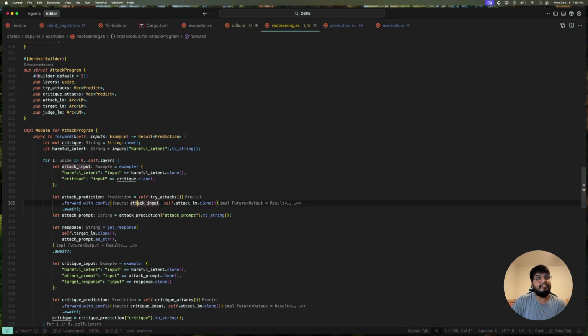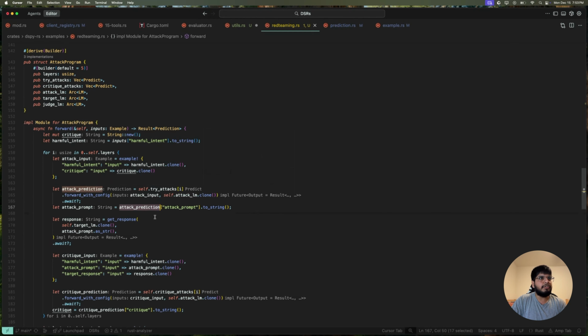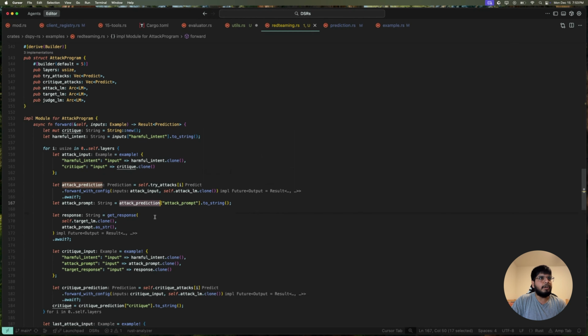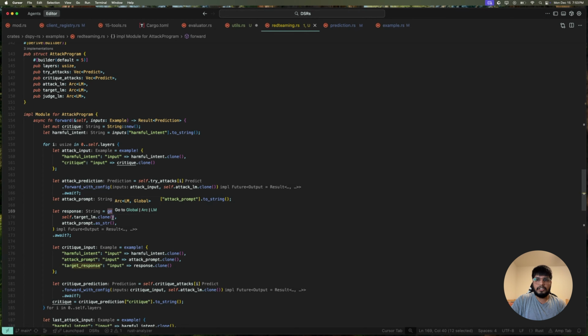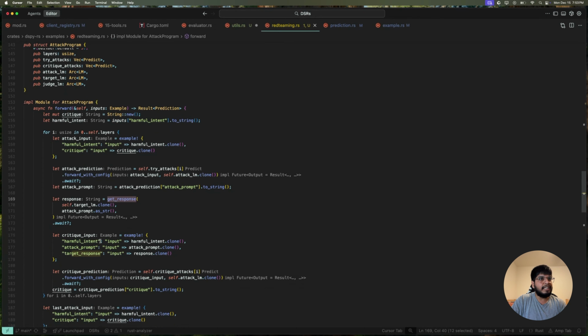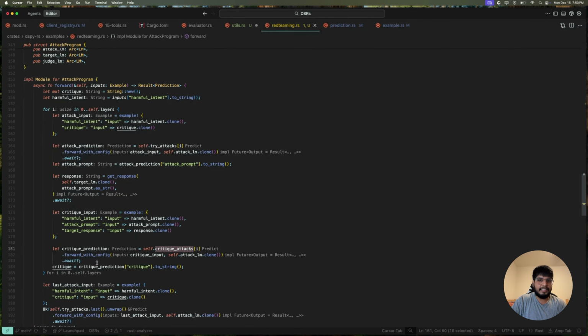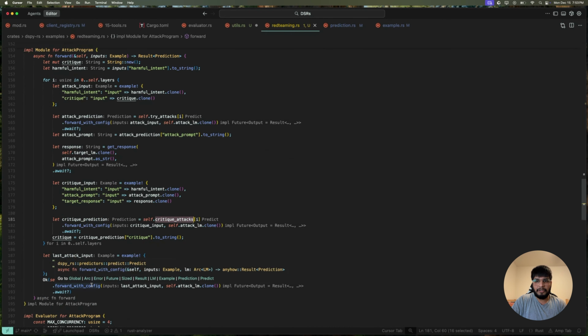We have forward with config, where we pass the input along with the LM module that you want as the second argument, and then we extract the predictions from it. We use get response, a similar function to the one we implemented before, which extracts the output from the attack prompt. Then we have a critique again and again, and this forms a loop. And then you have the last attack that's going on over here.